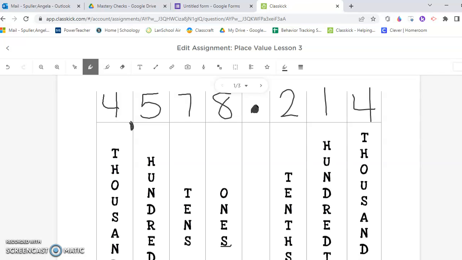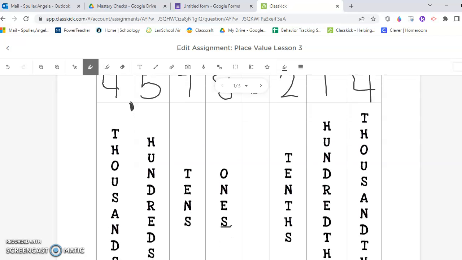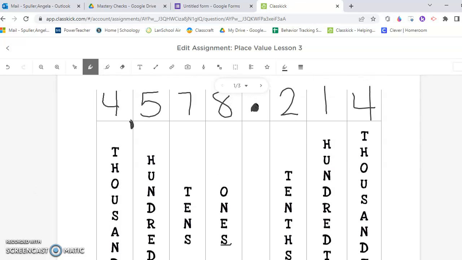So if we took a dollar and we broke it up into pennies or dimes or anything like that, we would be taking that one and making pieces out of it. Okay. So if we had one bar and we broke it into pieces, that was what the decimal is. And to say this decimal, we say the word and. So if I was going to read this number, I would say 4,578 and